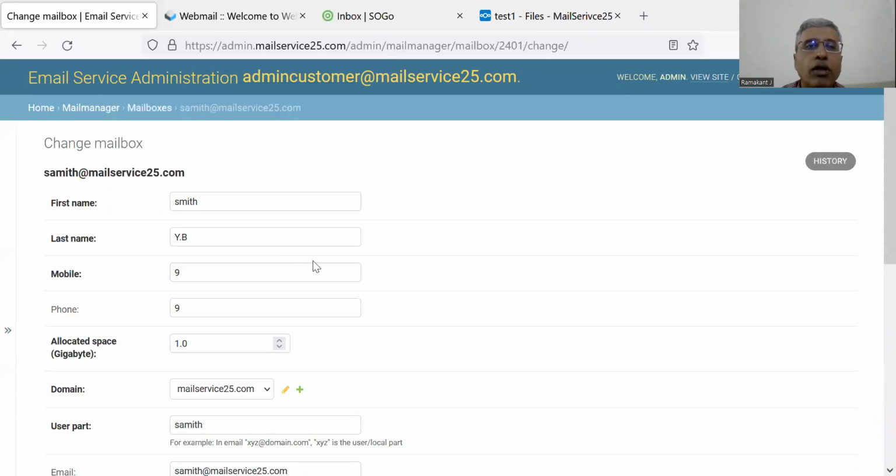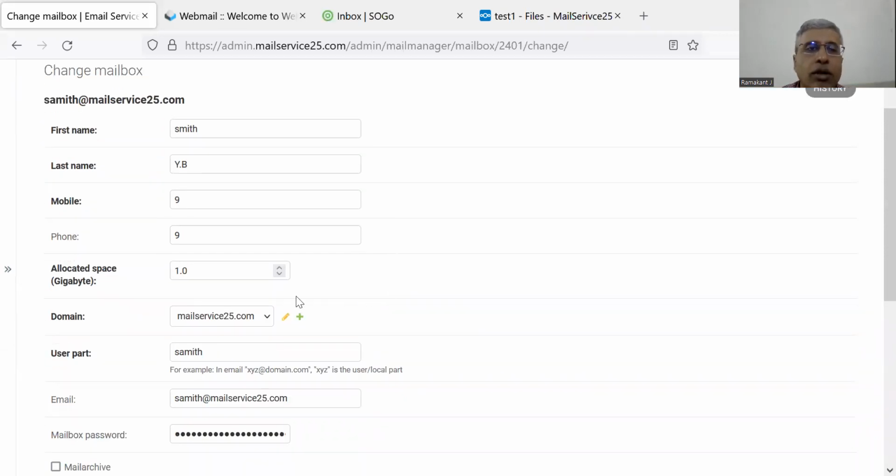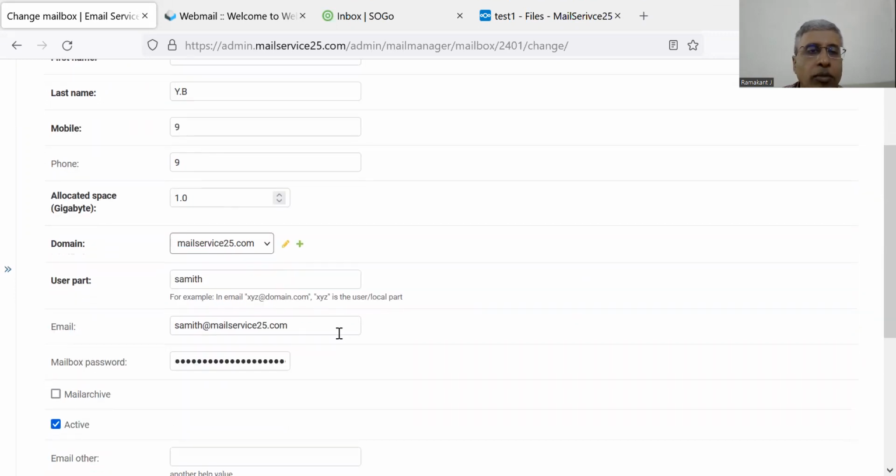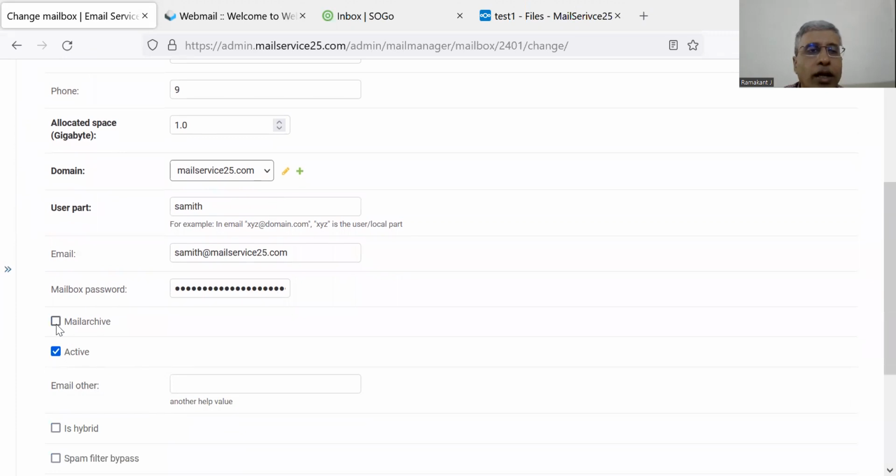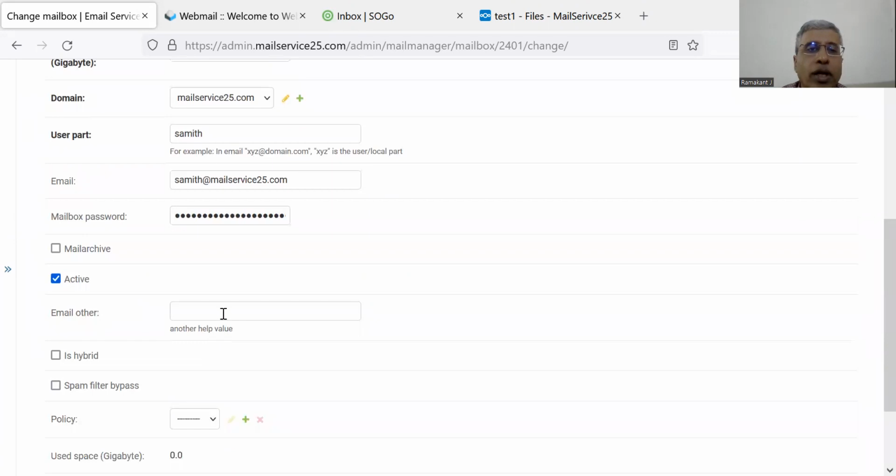So here you've got the editing of a mailbox, and you can have multiple domains. You can create users in multiple domains. You can reset their passwords. You can enable mail archive for that user. So you can selectively have email archival, and you can deactivate a user mailbox, and you can have an alternate